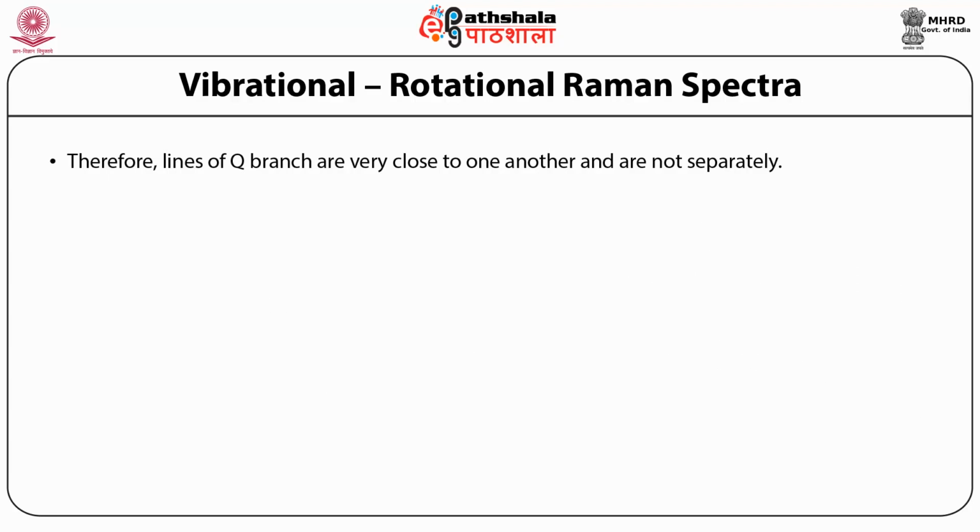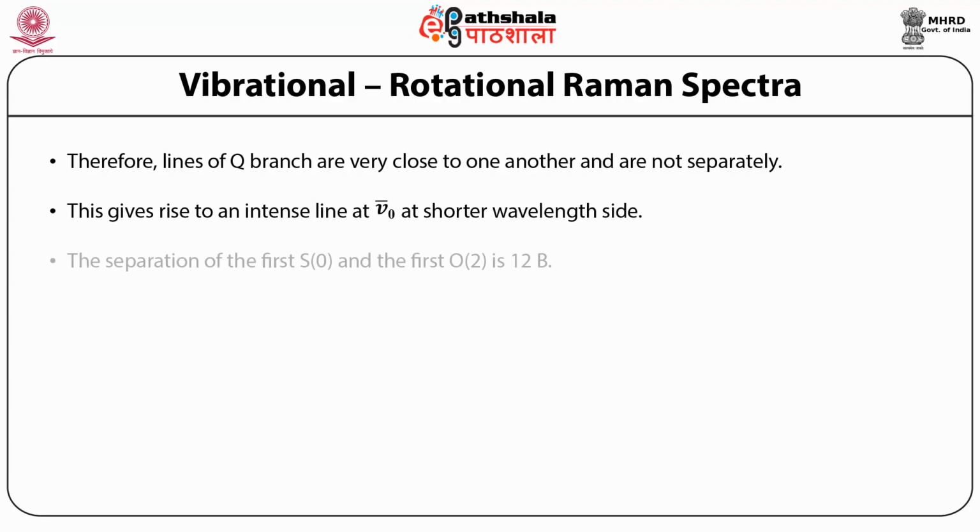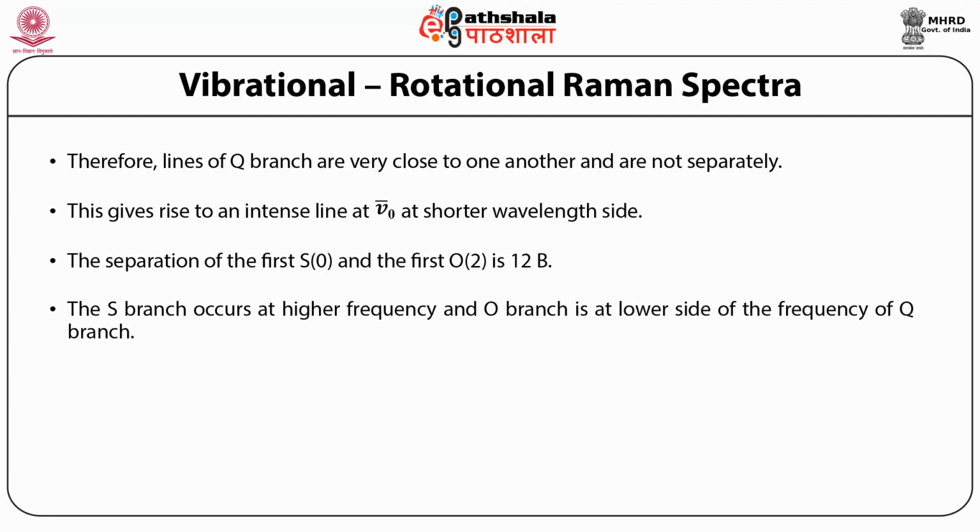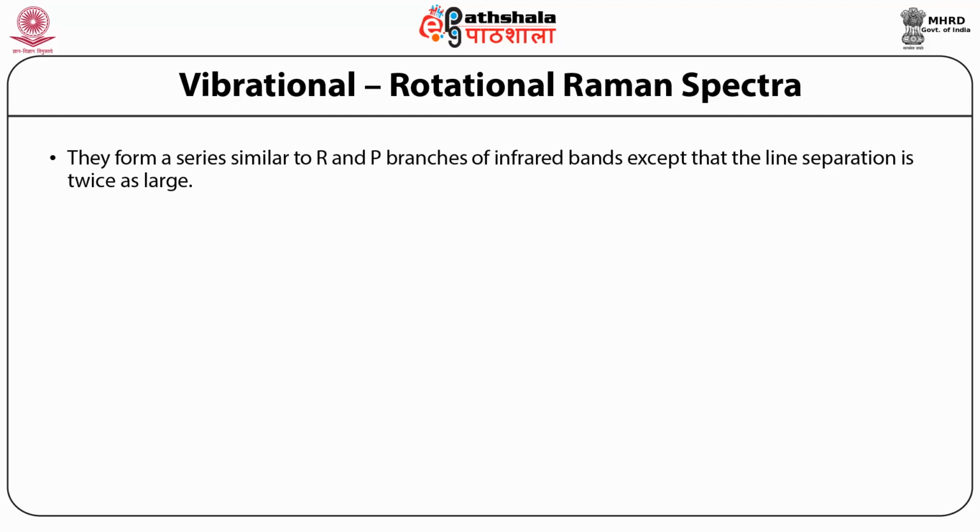Therefore, lines of the Q branch are very close to one another and are not separately observed. This gives rise to an intense line at nu naught. The separation of the first S0 and the first O2 is 12B. The S branch occurs at higher frequency and the O branch is at the lower side of the frequency of the Q branch. The lines of the S and O branches are very weak. They form a series similar to the R and P branches of infrared bands, except that the line separation is twice